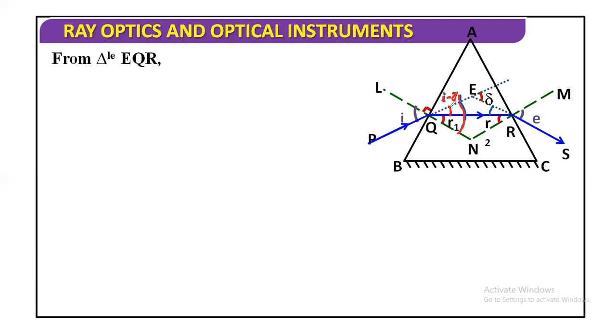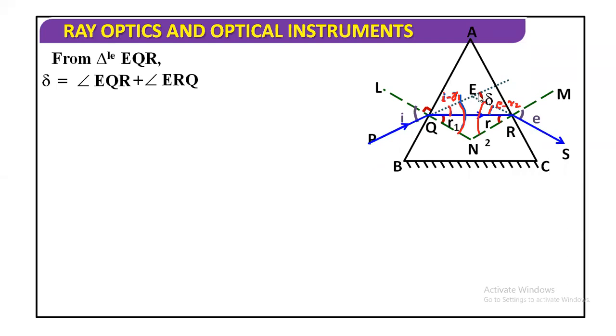So we are interested in this small angle. So this will be I minus R1. Likewise, because this angle is E, this complete angle should equal E. And we are interested in this small angle. So this is E minus R2, right? E minus R2. Now we can find out